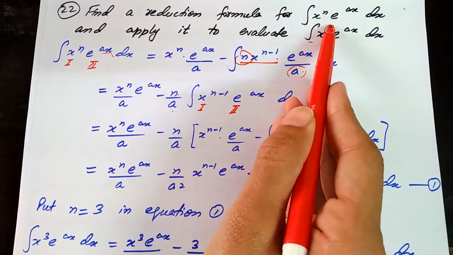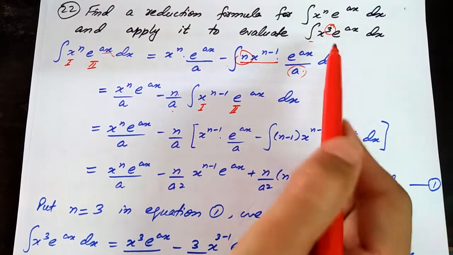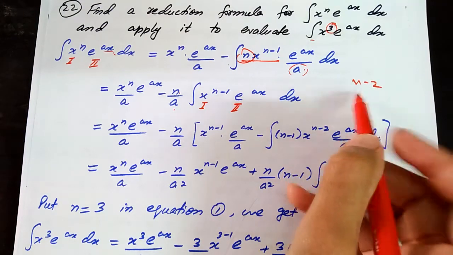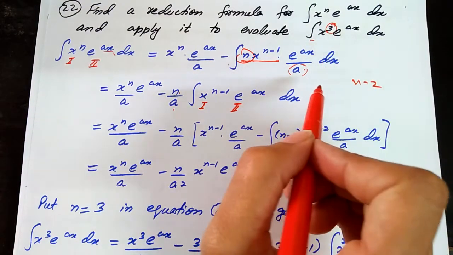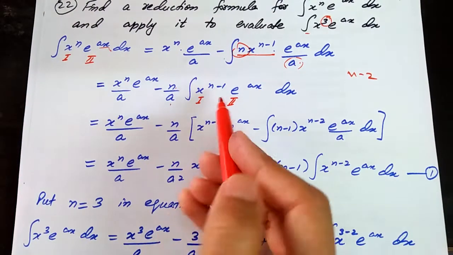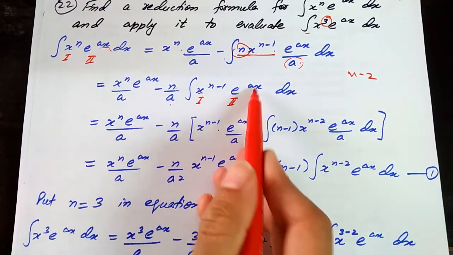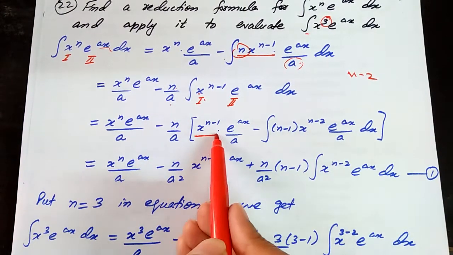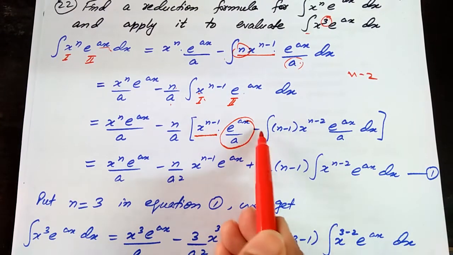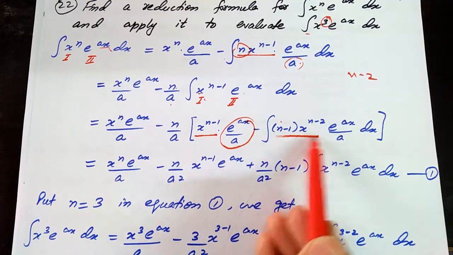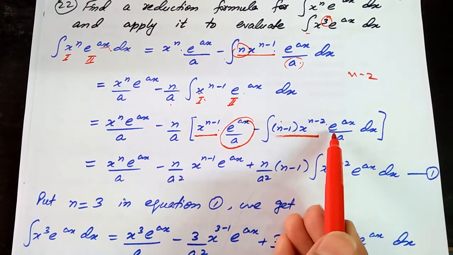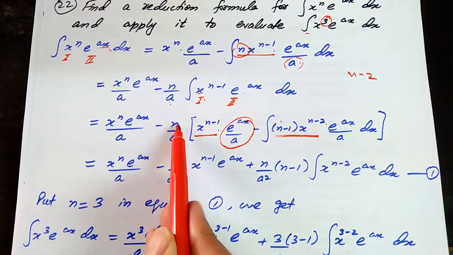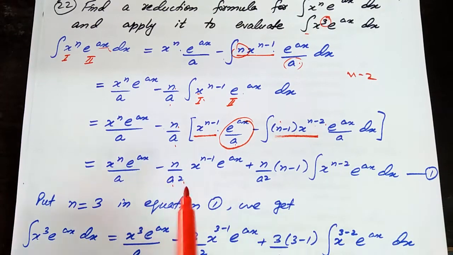Here we have 3. We will just reduce this formula up till n minus 2, just 1 unit back from 3. Okay. Now take x raised to power n minus 1 as first and this one as second, and again apply integration by parts. First function will come as this, integration of second function, minus integral of derivative of first function, power down, power minus 1, into integration of second. Open this whole bracket. This will become minus n, a into a will be a square,